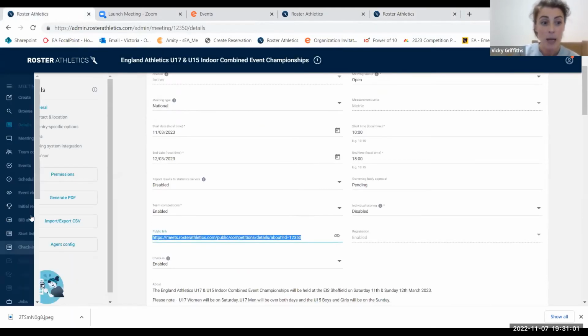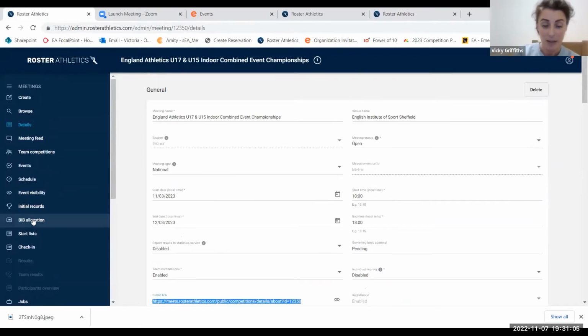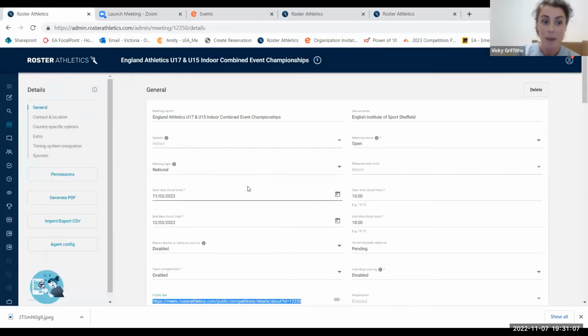I'm going to jump back. So that is basically the setup of the event in the background. As I mentioned at the start, for me, I found it a bit daunting to start with, but it is a very simple process. What you can do, and what I find really useful for multiple events, is you can